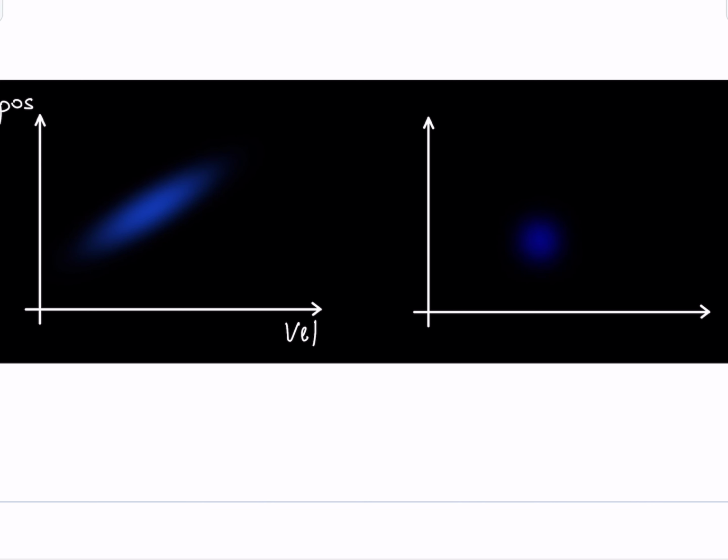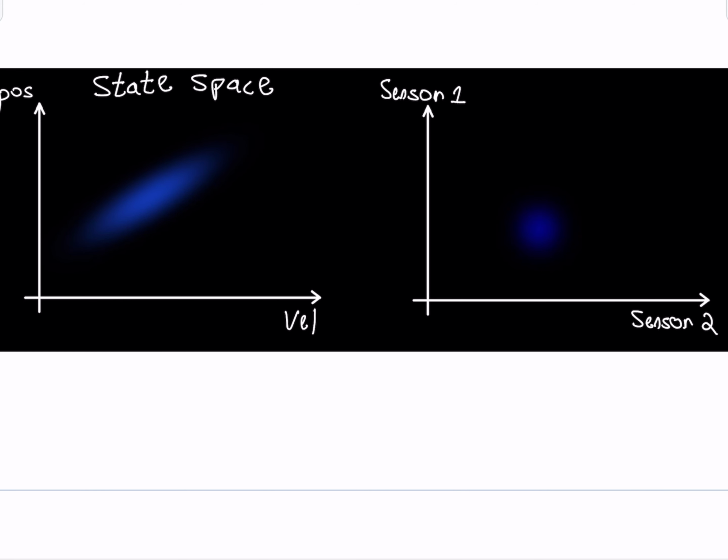The left graph we already know, but the idea is such. The left graph is the state space. This graph is now in 2 dimensions, but it can be in 3, 4, 5, or even 10 dimensions, where every dimension describes one of the parameters of the state vector. But what I'm really measuring is not the state vector, it's the sensor space. So I can write here sensor 1 and here sensor 2.